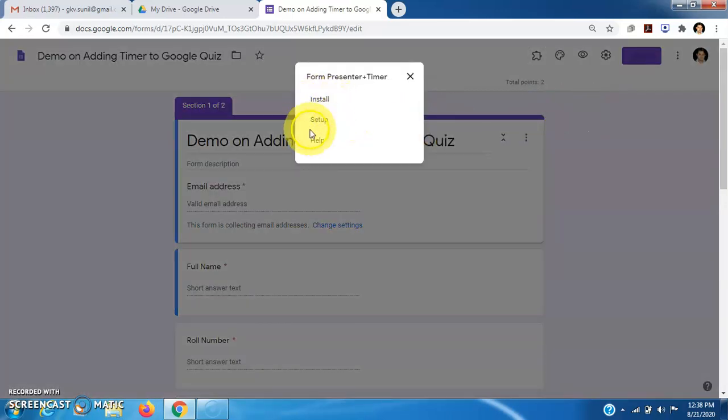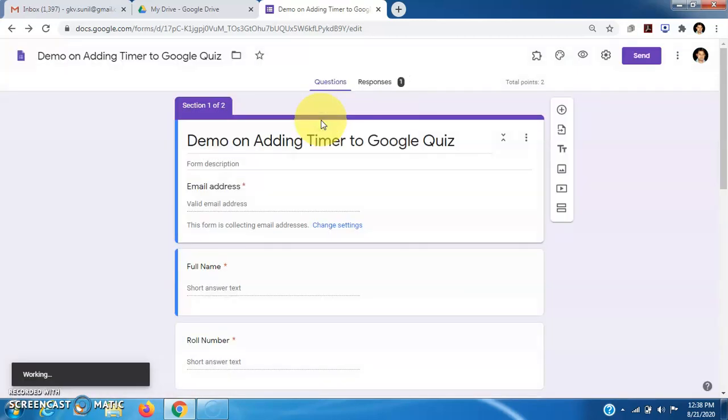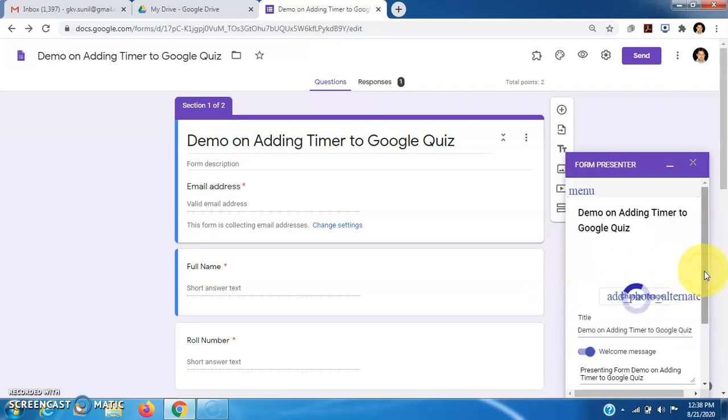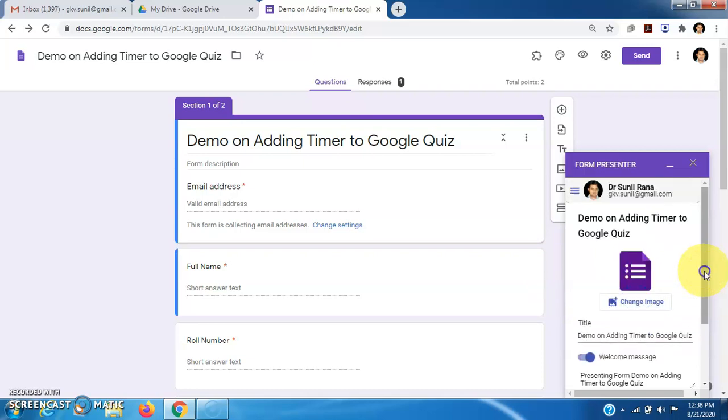It is already installed, so we have to make the setup for this. It is taking some time. We can see the demo on adding a timer to Google quiz.